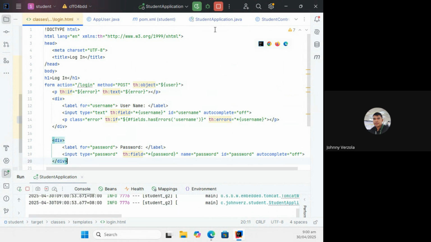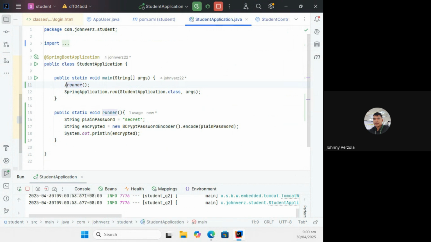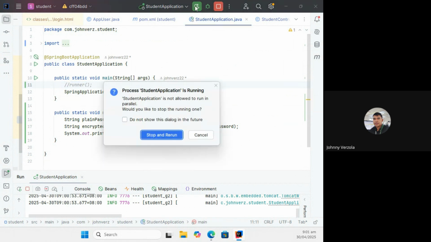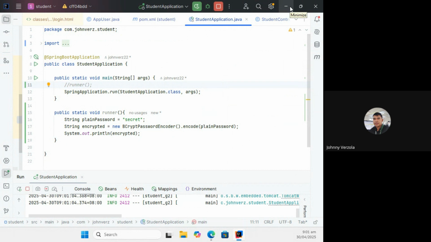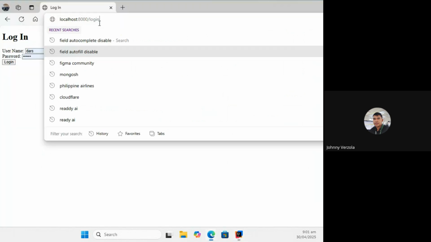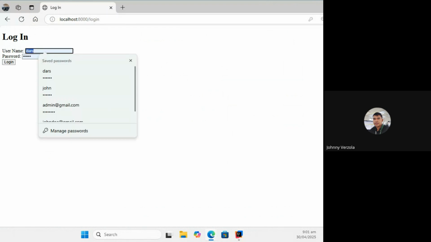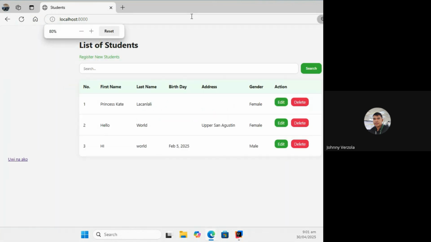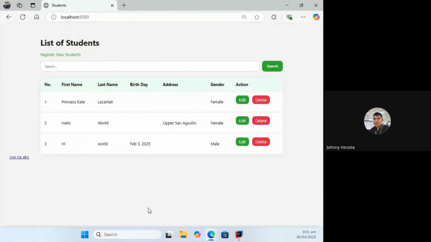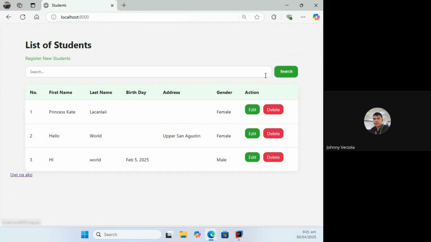And of course, before I proceed, I can now disable this because I already have that secret encrypted. I only need that if I need data that I cannot generate myself, where I need the program to generate encrypted stuff. Again, it's not working. I'm going to solve that later on. I'm going to log in. This is not accepted. If it's John and the password is secret, there you go. Let me just change this one also. I want to place it there.